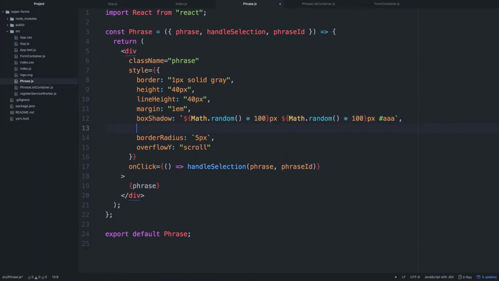Or background color. You'll notice in inline React CSS styling, you can't do dashes. You have to do the capital letters, like camel case. But I could do something like this. Let's say